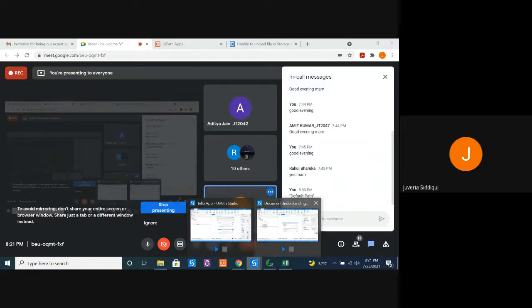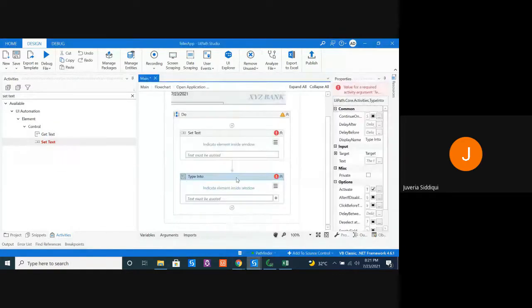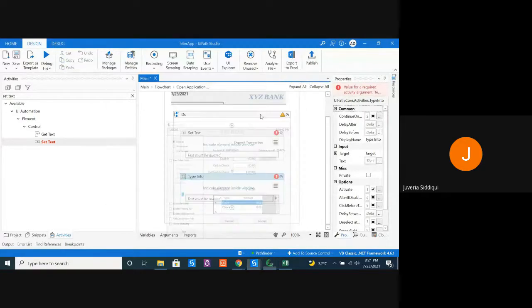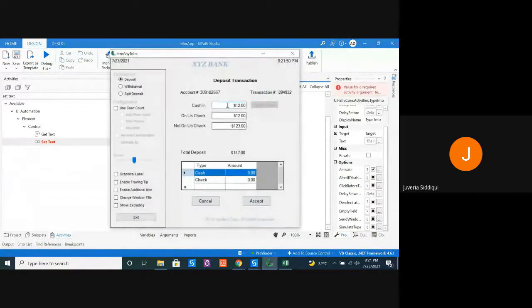Both type into and set text activities basically do the same job. Whatever value I provide here in text, quoted, will be written in this text box. So both are used to write into a text box, but the difference is that when you use type into, you get an option to first click on this field, like we manually first click and then start typing, right?